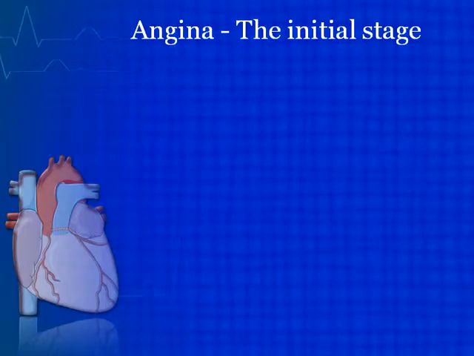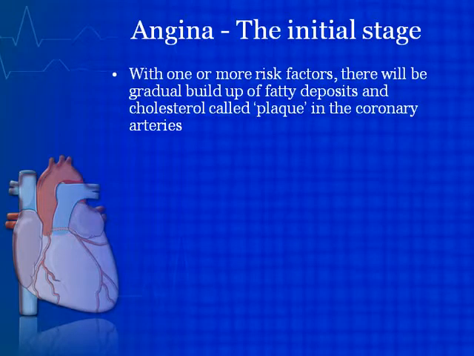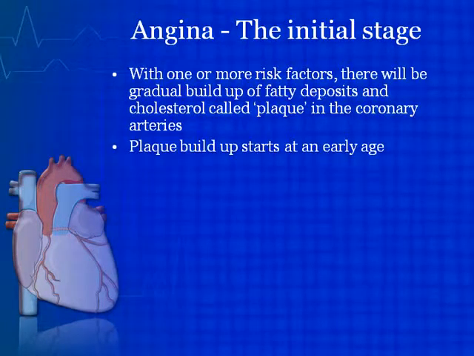Now the initial stage of heart disease causing symptoms, we call it angina. What exactly happens here? If you have one or more risk factors that we just elaborated, there's going to be a gradual buildup of fatty deposits and cholesterol. This material that gets deposited in the blood vessels is called plaque. This material will slowly start building up in the inside of the coronary arteries, and the buildup typically starts at